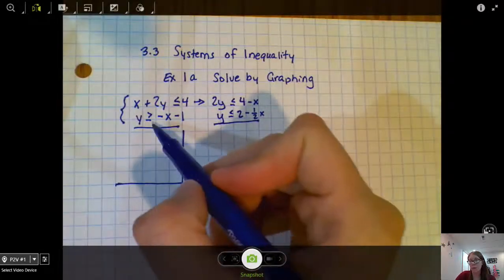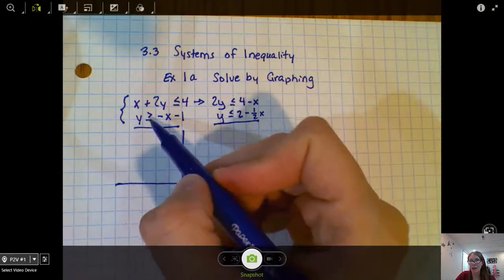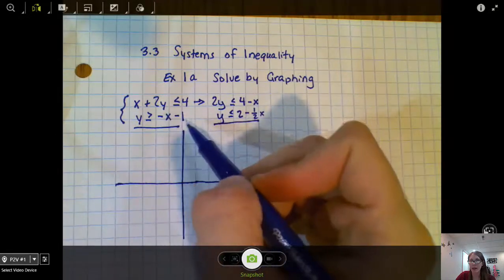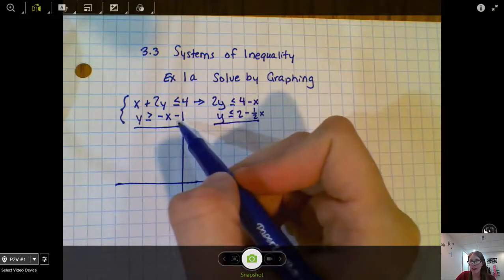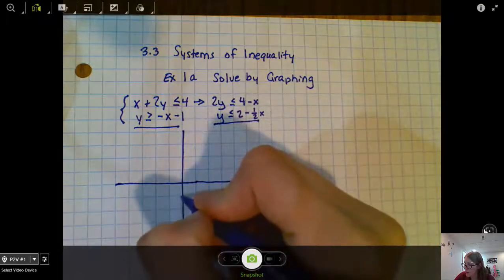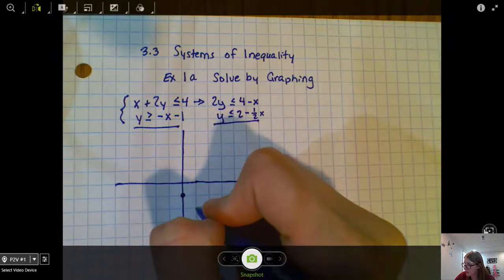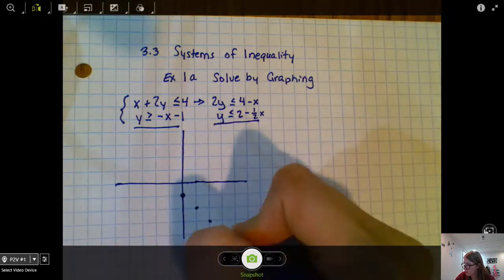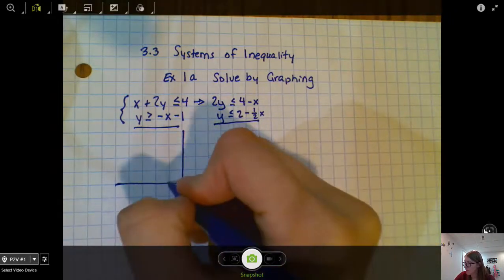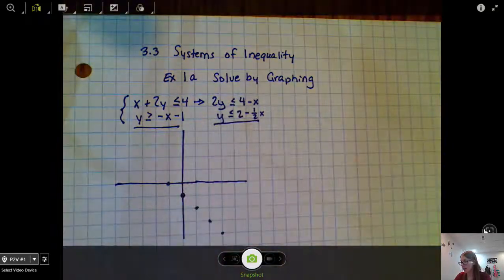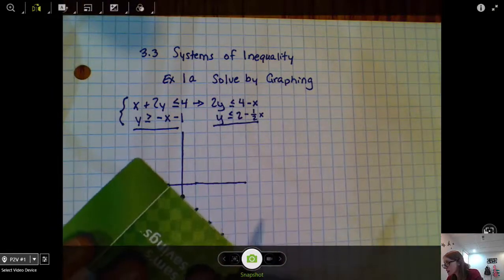So I'm going to start off with my first inequality here: y is greater than or equal to negative x minus 1. I start off at that negative 1 with my y-intercept, and then my slope is negative 1. And I can connect these dots